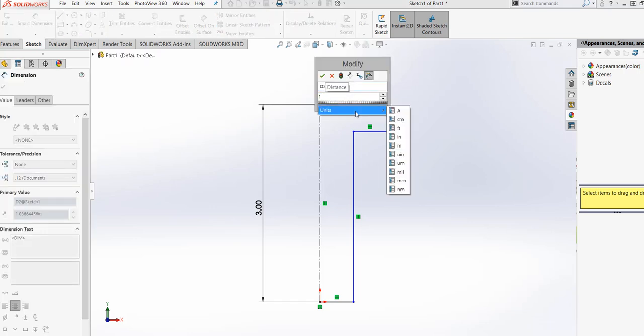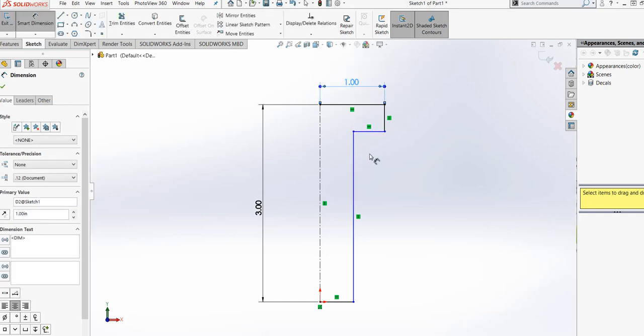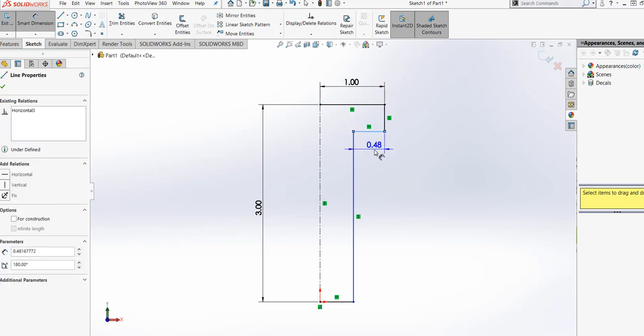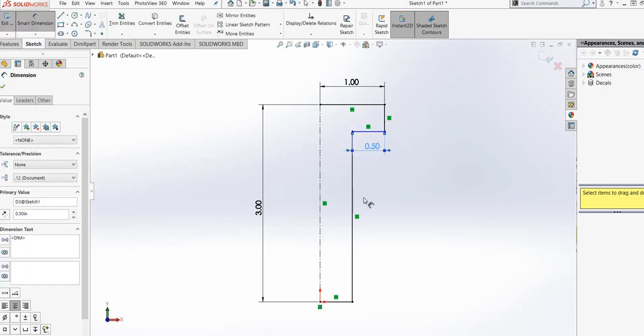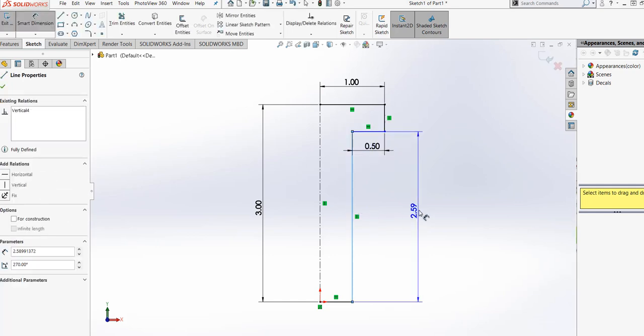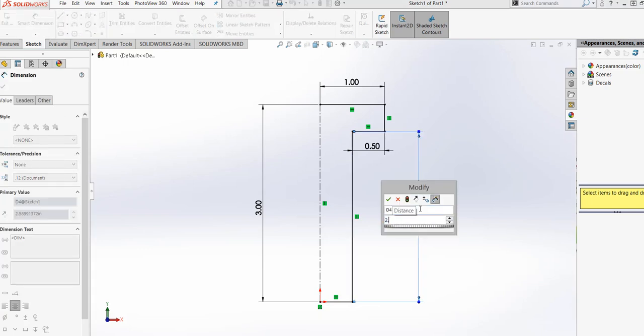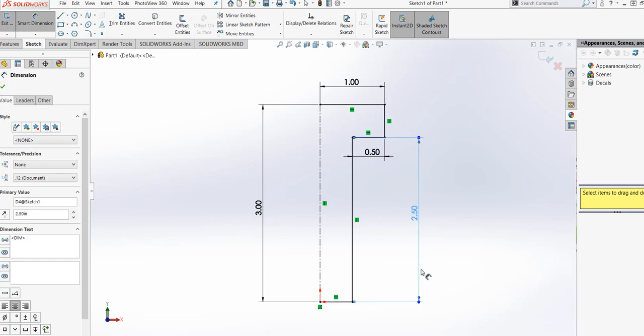It's 1 inch. And then let's put another one, that's 0.50, regenerate, and then save, and then 2.5 is the length. Okay,